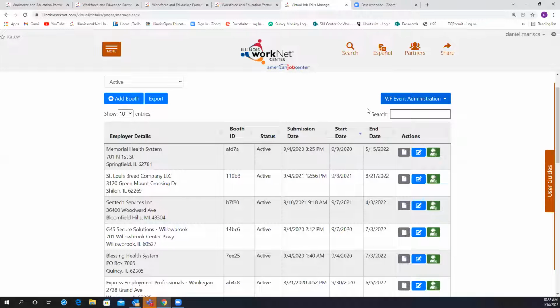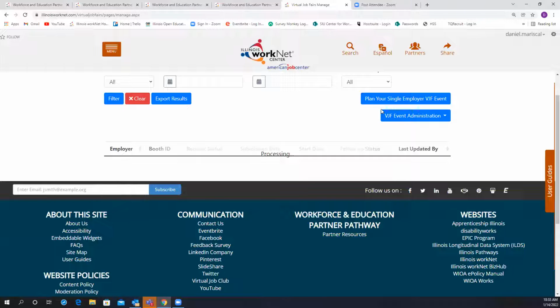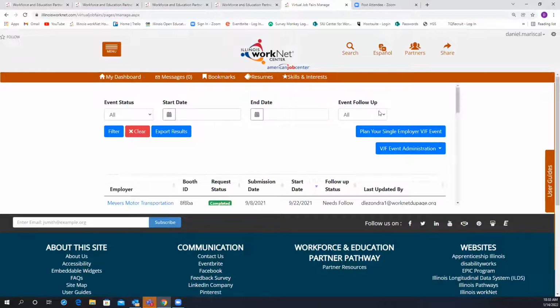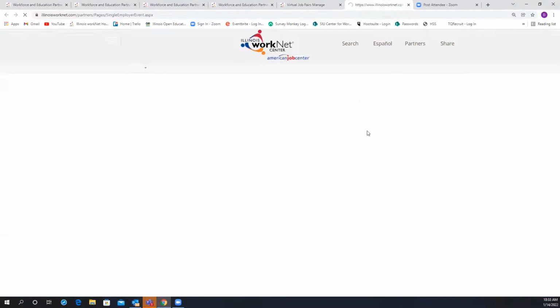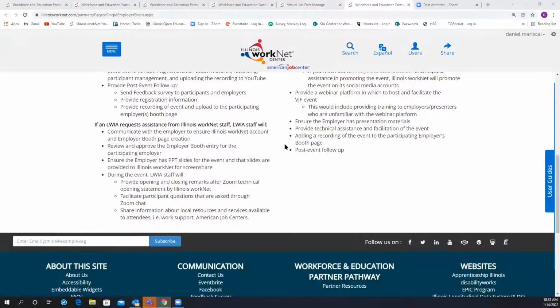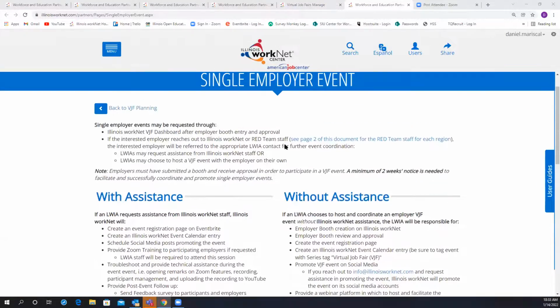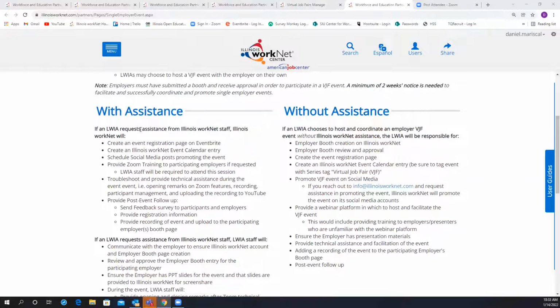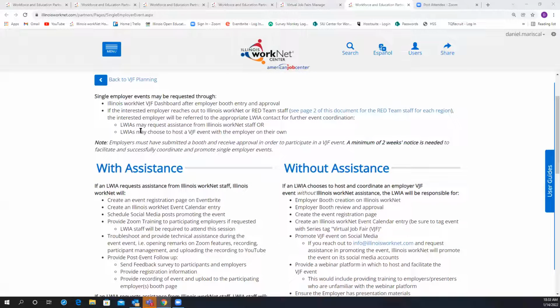Yeah, if you select that drop down, Daniel, on the single employer event, if there was one they wanted to do for an existing booth, they could do that. They could add their own by selecting that plan your single employer VJF event. That redirects to this page that shows whether or not you would like our assistance with the event, and shows all the work that's expected of both parties with our assistance and without, if you choose to do it on your own. And the same if you wanted to hold a larger event, you can do so as well on